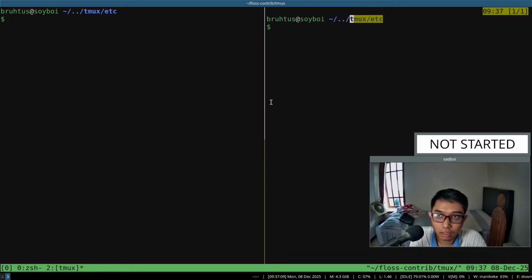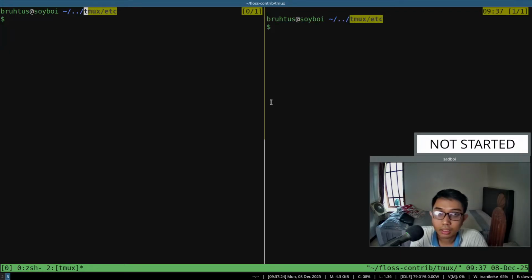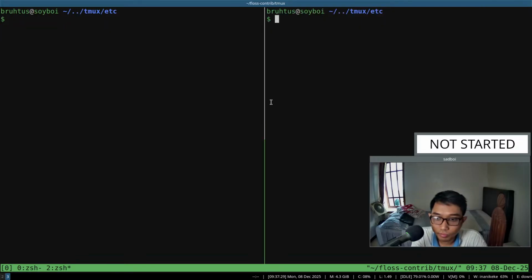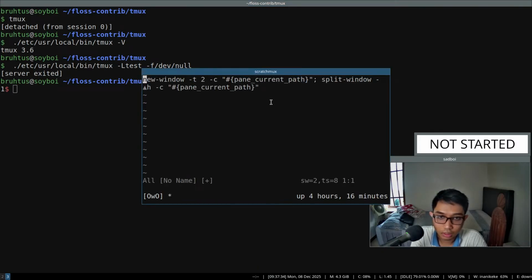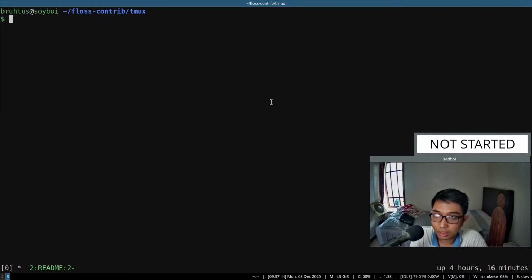See, the right side is the same as the left side, and it is also the same for this side, right? This is the correct behavior. Let's kill the server. See, it is not going to affect my drop-down tmux. Okay, let's change this again,